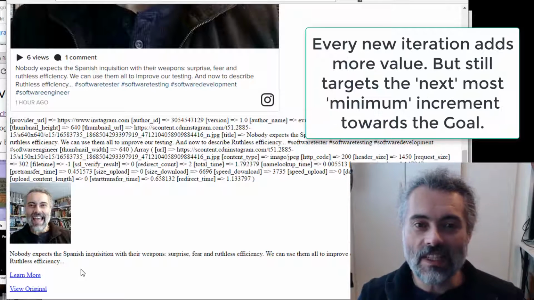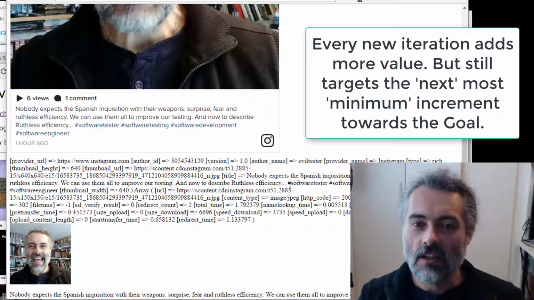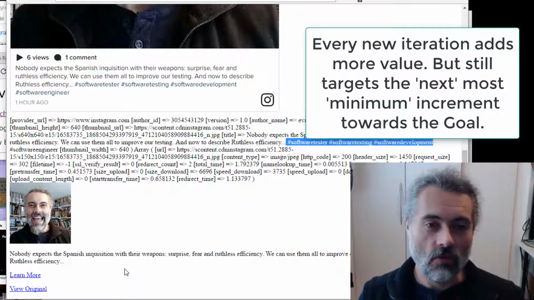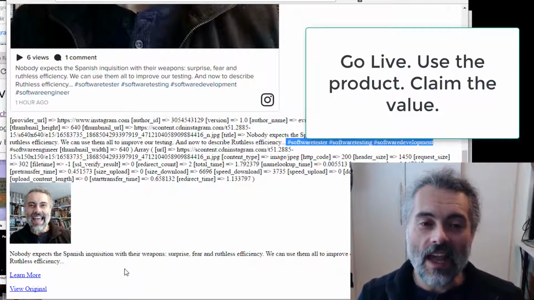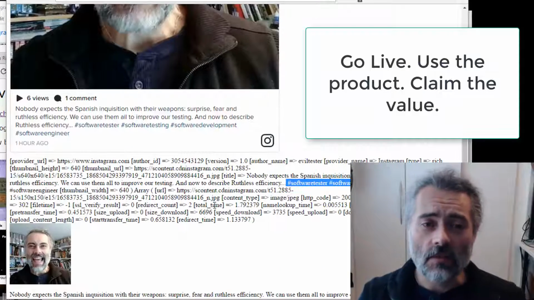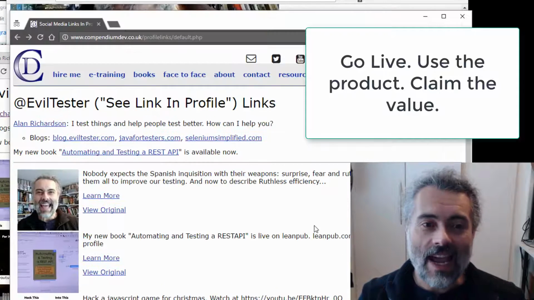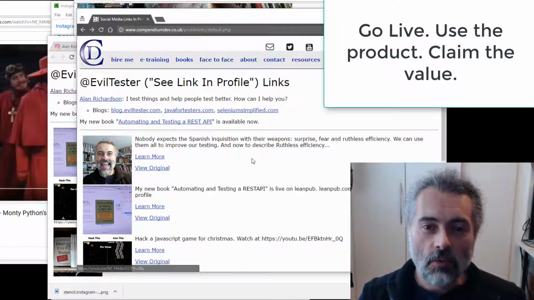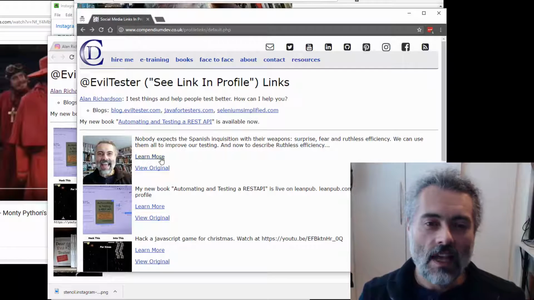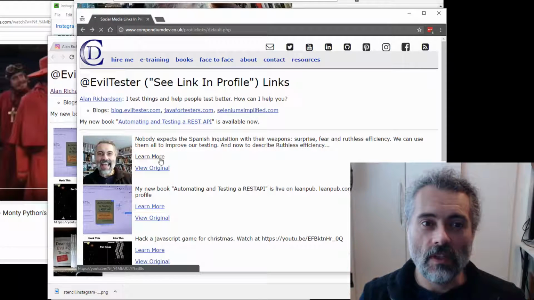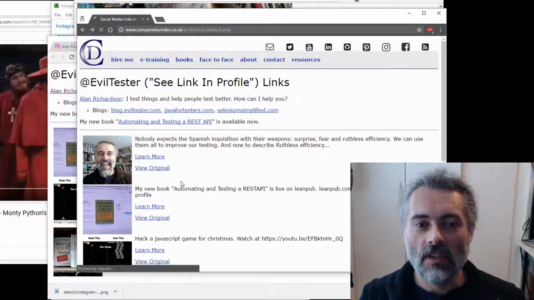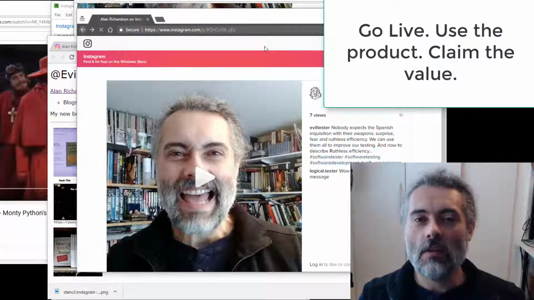Then I wanted to remove the tags. The tags are in here in the normal JSON, but they're not in the final one that I use. So I just wrote a little bit of code to remove that. Then I have a minimum viable product that lets me go live, so that when I add a new Instagram, I can just put the information in there. Then I've got pulling out of the Instagram fold. I can click on this to jump off to the link that I'm promoting when I do this, and I can link back to the original. I have a minimum viable product.